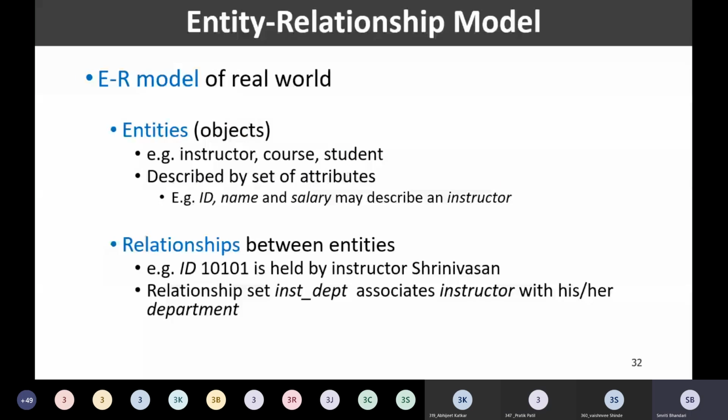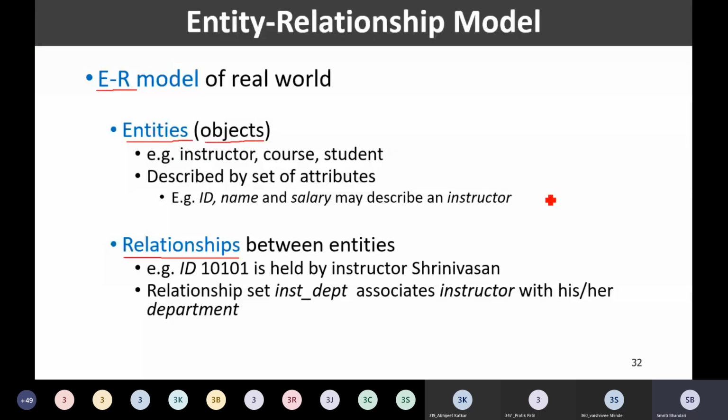Okay. Now let us go through the entity relationship model in brief, because we have dedicated the entire part 2 of this unit to discuss and draw entity relationship models for real world problems. But let us have a brief introduction right now to the ER model. In the ER model, E stands for entities and R stands for relationships.